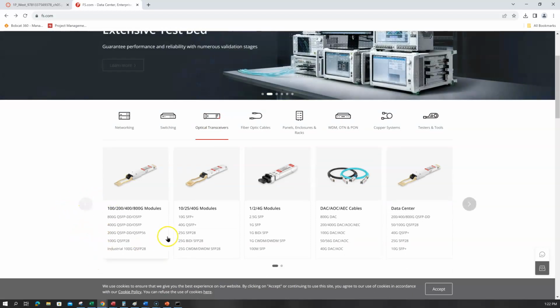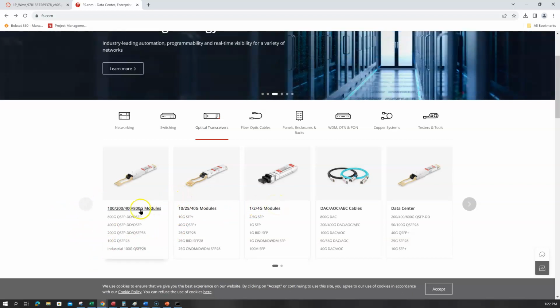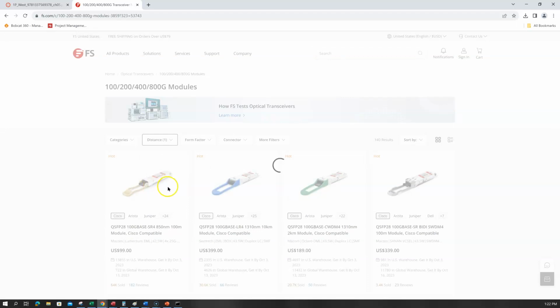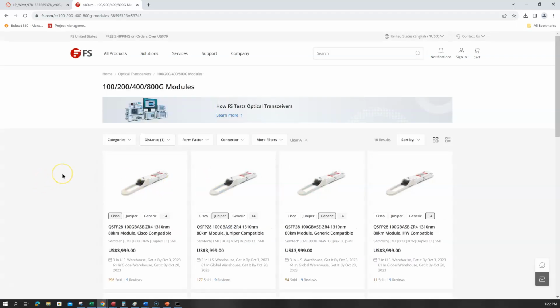Holy cow. So here's my 10, 25, and 40. 1, 2, 4 gigs. But notice now we actually have 800 gigabit per second connections available. So maybe I want to go for distance. Let's see, where is that? There's kilometers. I can pick this up, and these now are able to run 80 kilometers off of one of these GBICs. I will tell you, that sounds expensive, but it's not. That's sending 100 gigabits per second